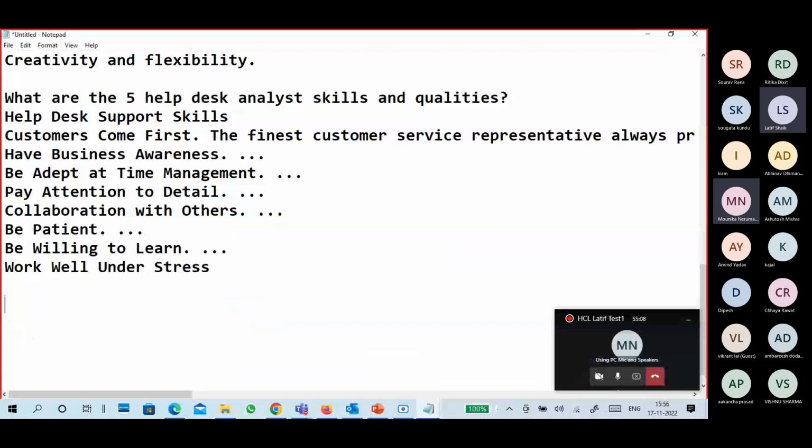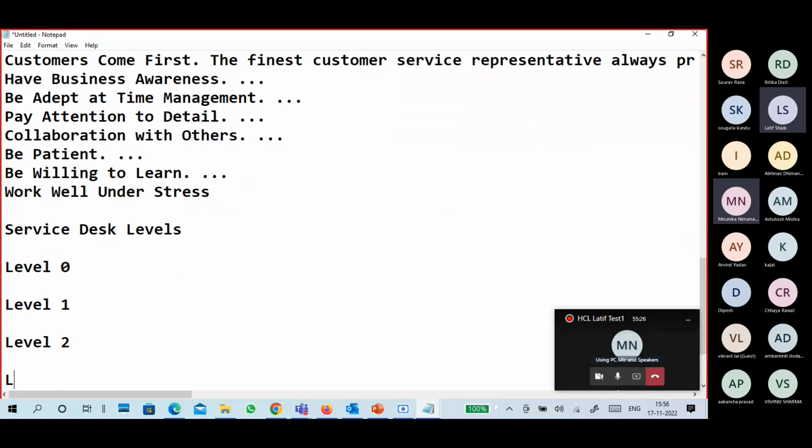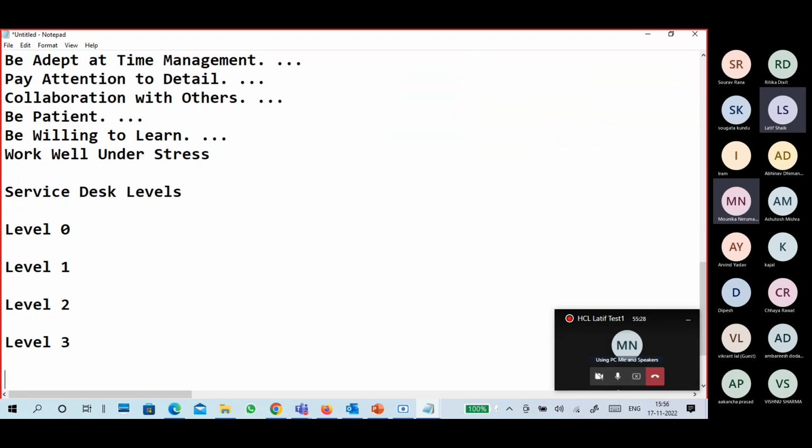Help desk is a part of service desk. In service desk, levels are there. So like level 0, I think I told this one, level 1, level 2, level 3. This is a different type of service desk levels. First one is a kind of help desk only.